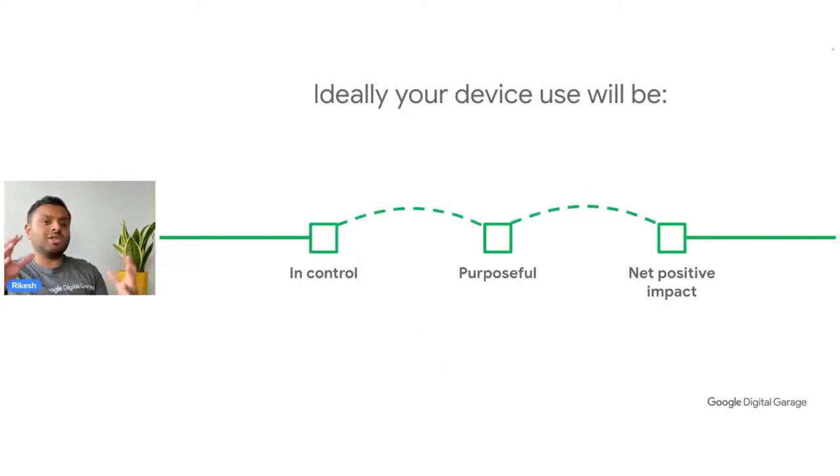So the ideal place that we want to get to, in terms of where technology provides us the most value, is where we are in control, not when smartphones or laptops or tablets or other devices are in control of us. It's when we are in control. So I can jump onto my smartphone whenever I want, but I can also just leave it in my pocket or in my bag whenever I want as well.